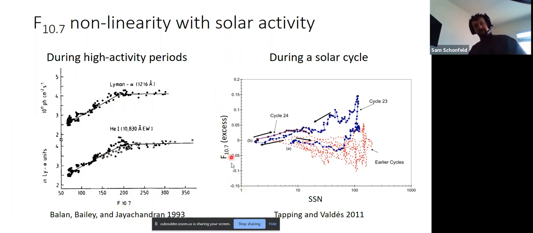Also, looking at F10.7 versus sunspot number over many solar cycles, the red is solar cycles prior to 23, and the blue is cycle 23. So you see that there was some deviation between the F10.7 and the sunspot number during solar cycle 23. So all of this is to say that there are some issues with the F10.7 index,